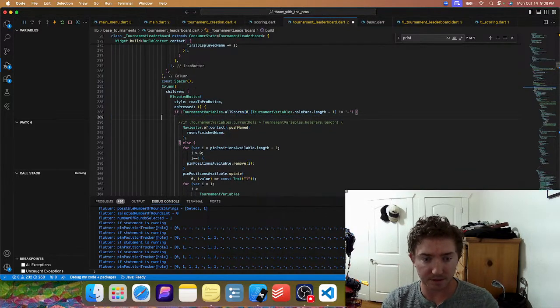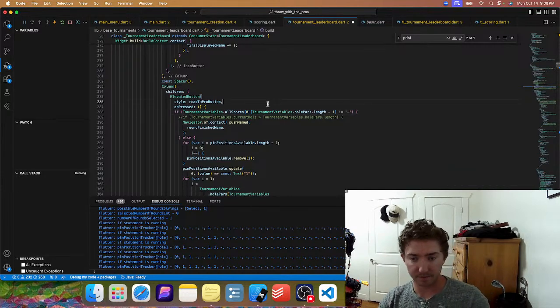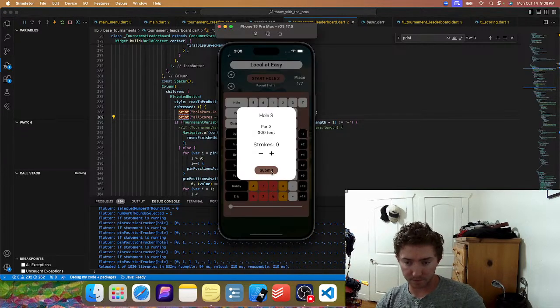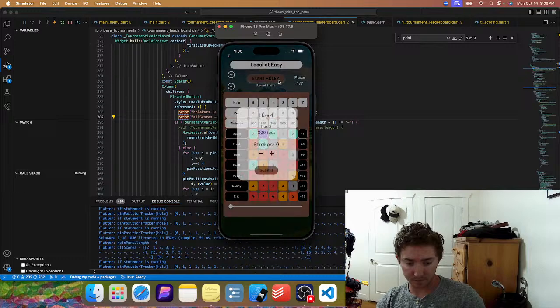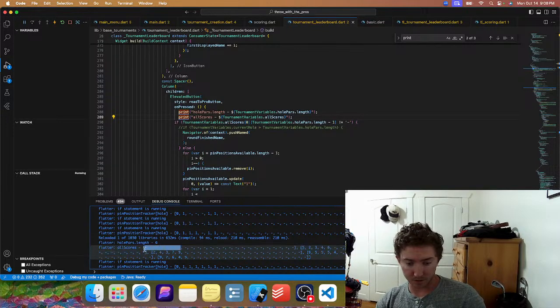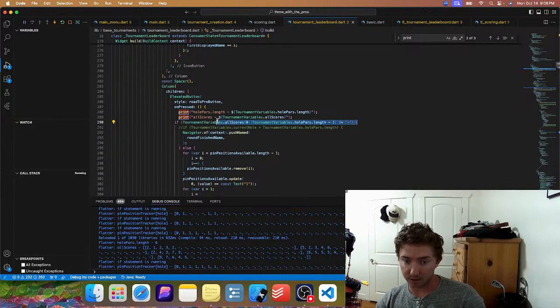This is not where these need to be. So we should have added that score. Hole par dot length is 6. So if all scores 0, 1, 2, 3, 4, 5 is not equal to that, which it shouldn't be,